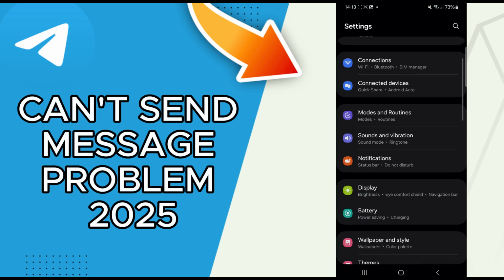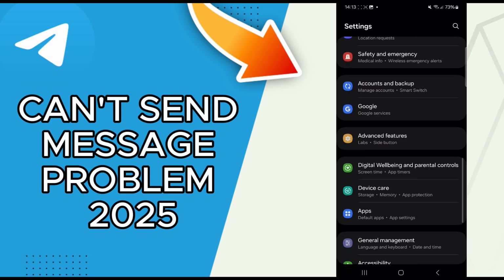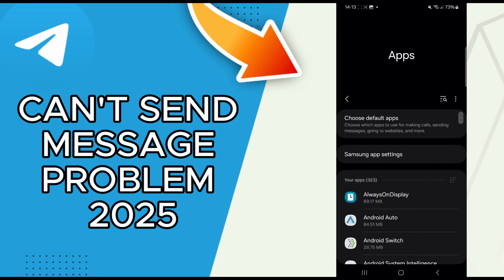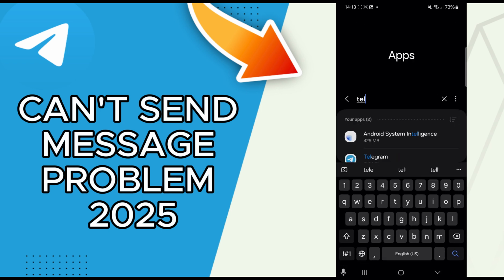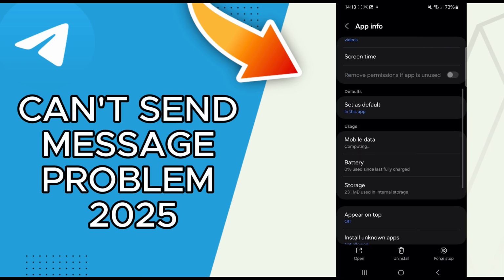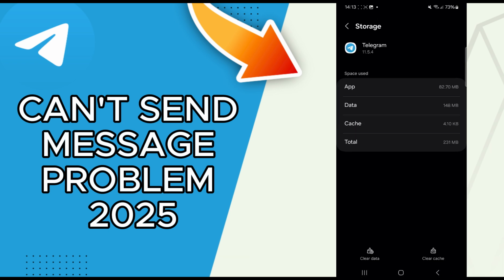Just go to the settings and then scroll down to the apps section and then go to the search and search Telegram and then go to the storage, and here you will find this clear cache option. Click on it. Now you can go check if it worked, and if it didn't you can try to